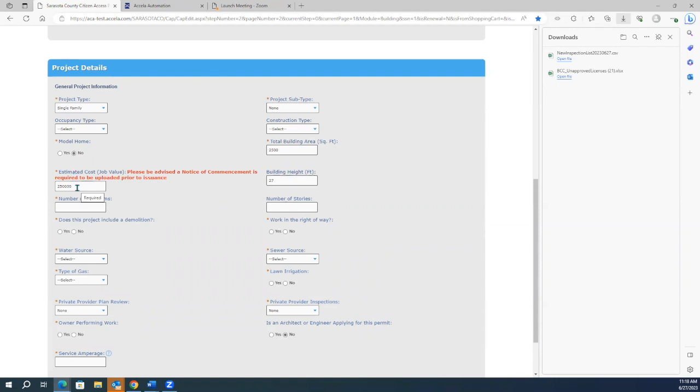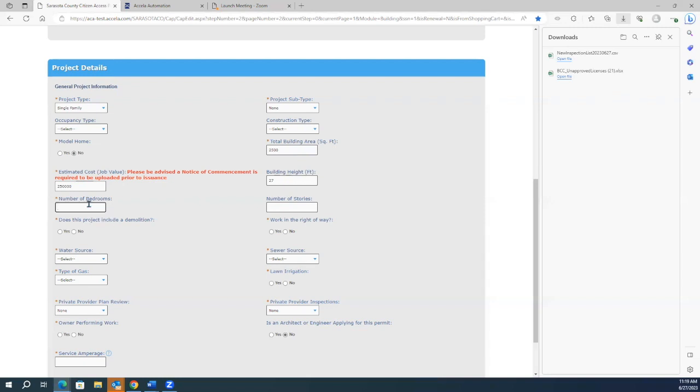Oh, and if you noticed that this red note came up, anything that's over 2,500 is going to require a notice of commencement, and that is something that you can upload during the uploads process, which I'll show you in a moment, or you can do that later. It is required before it is issued.